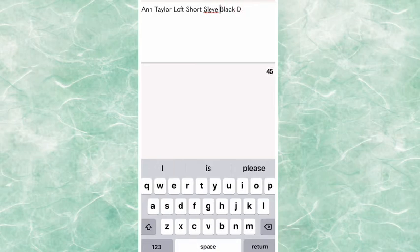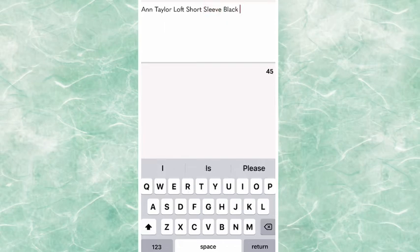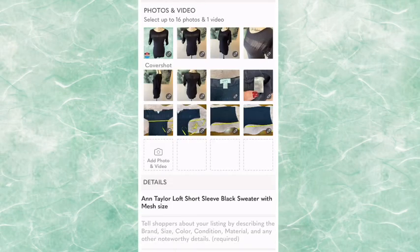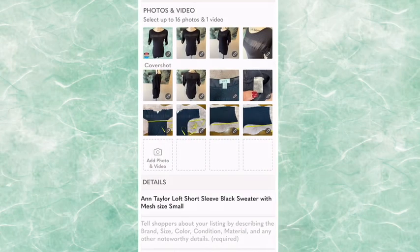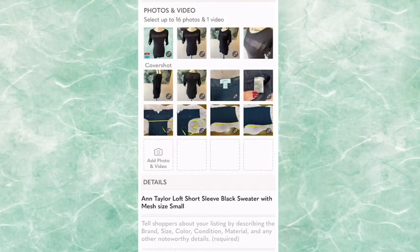But you can also edit a draft and then redraft it again, where it's just adding whatever you added onto it. But you're not quite ready to list it yet. Either you're not completed or you're just not ready time-wise. You can go ahead and hit cancel, and then it will allow you to save draft, and it will be in your drafts. So this is actually really good. Drafts are a really good way of